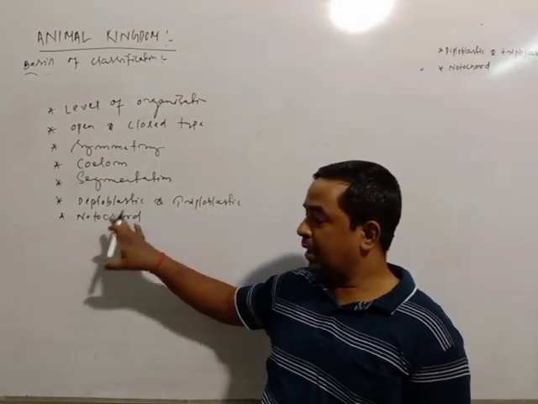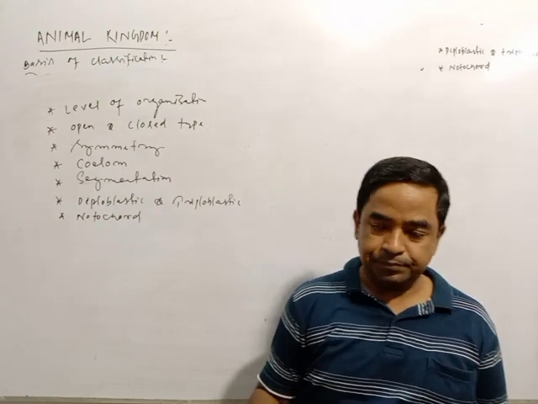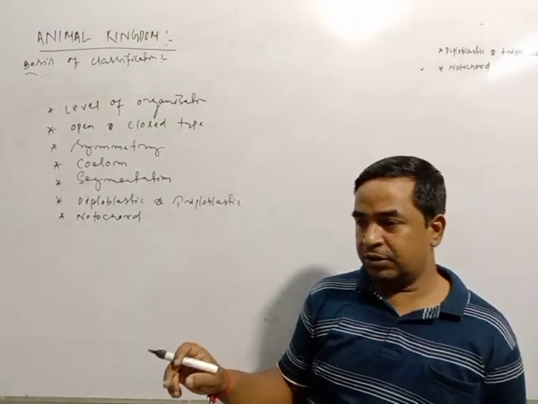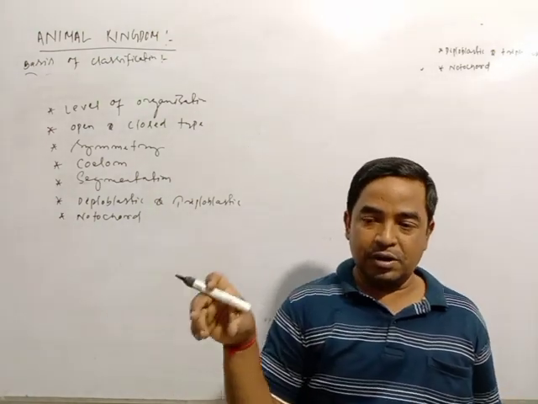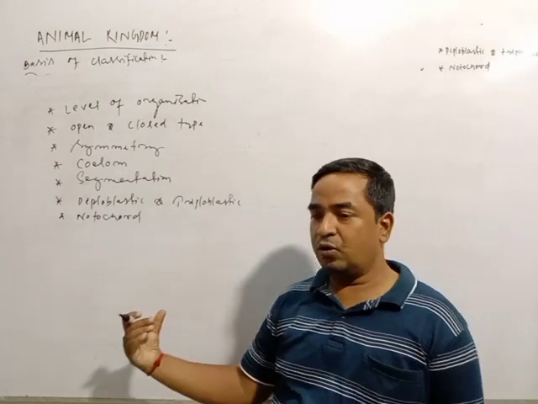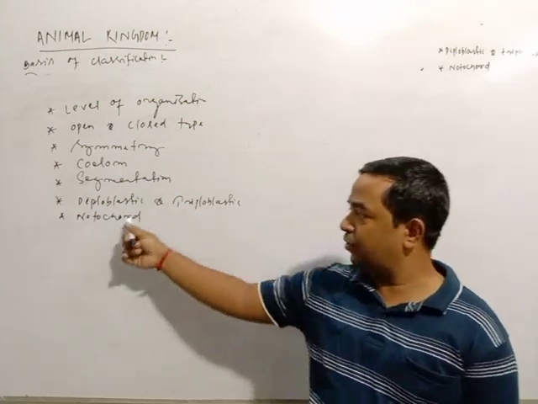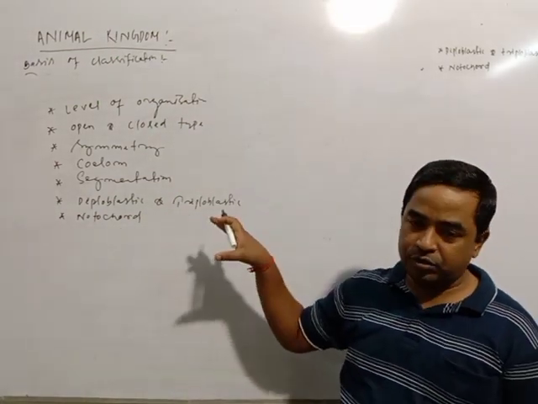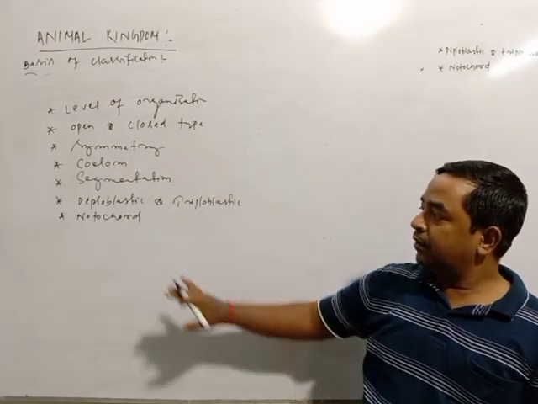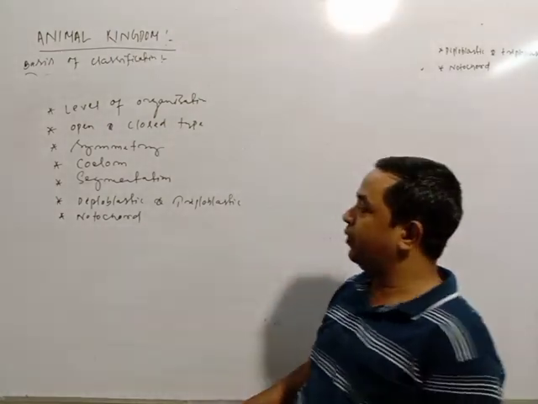Then notochord: organisms having a rod-like structure in the dorsal side during embryonic stage are chordates, and those that do not bear it are non-chordates. Next we will go through